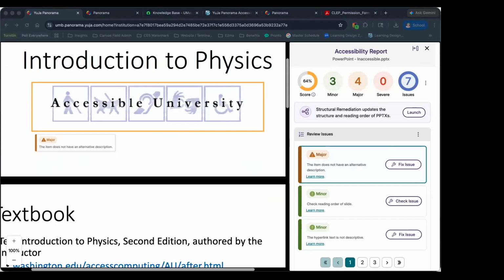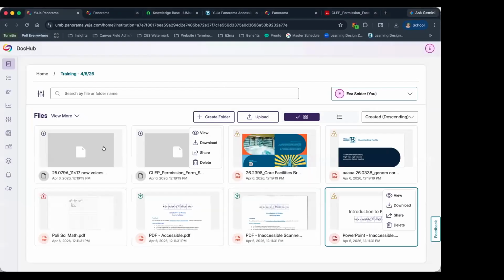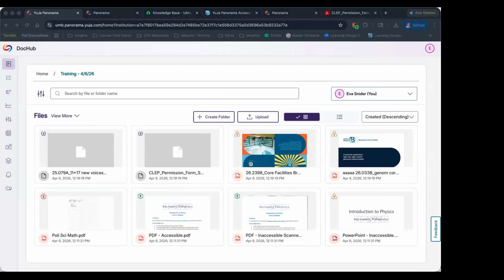And then, okay, so in chat, do all export formats retain adjustments, alt text, headings, etc.? Yes. So if you make any accessibility changes, Panorama creates a new version of that document, and that is your current version of the document. So if you're accessing it from the Doc Hub and you just click on a file, you're clicking on the most recent version of that file.